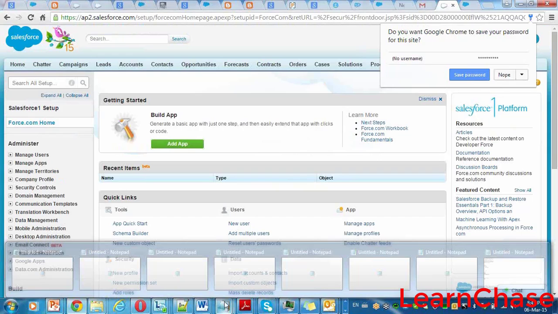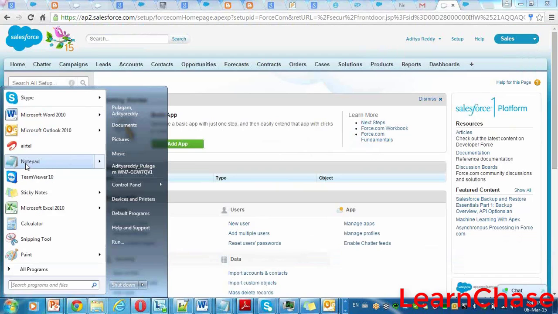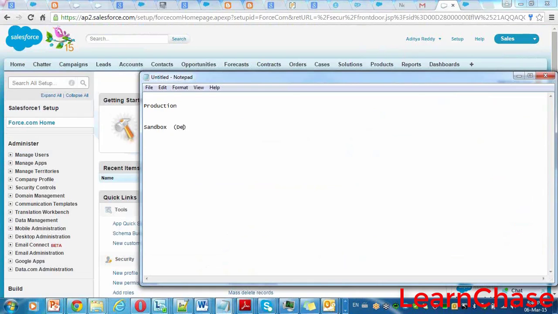It's a production one and this is sandbox. Sandbox is for development, testing, all the activities will go here. And this is live.